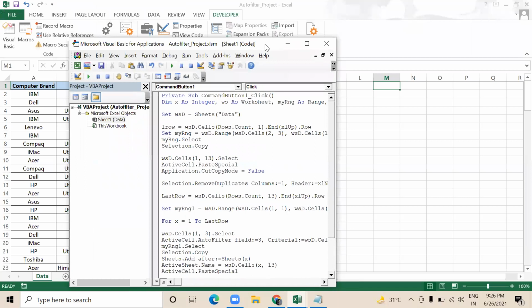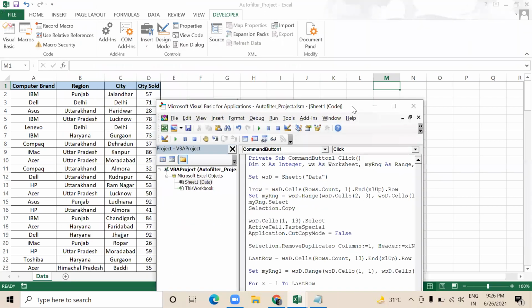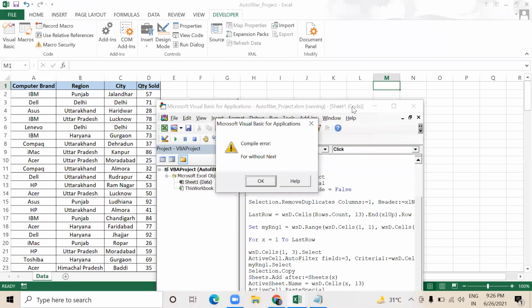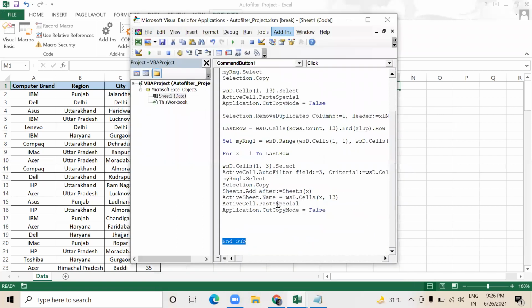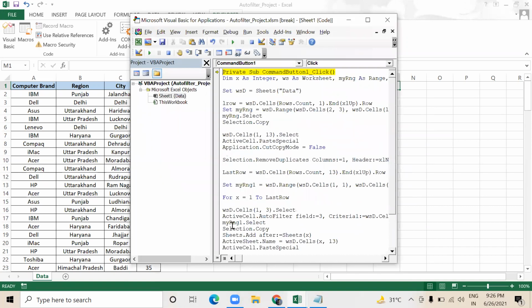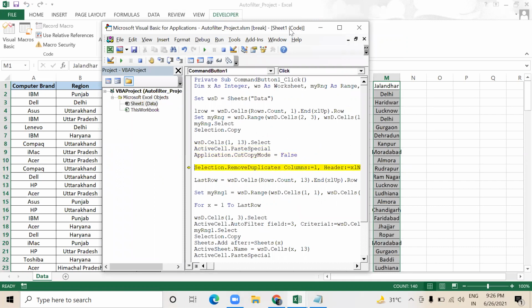So guys, let's see one by one if it's perfectly working or getting stuck somewhere. So I am running my code one by one. So it says next. So I am using next x here. Okay. So it has selected the data. Now it has pasted on column M, removed the duplicates. Then last row is 25. So my loop will run till 25, from 1 to 25. Now you will see.